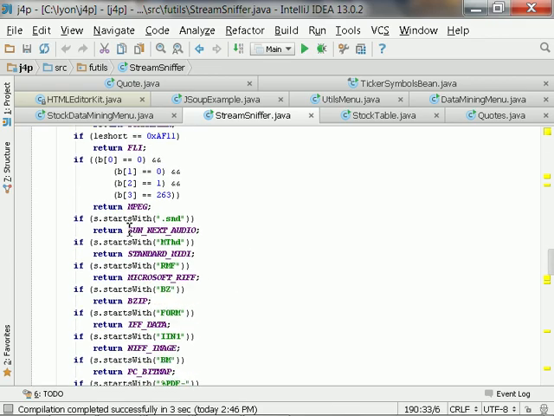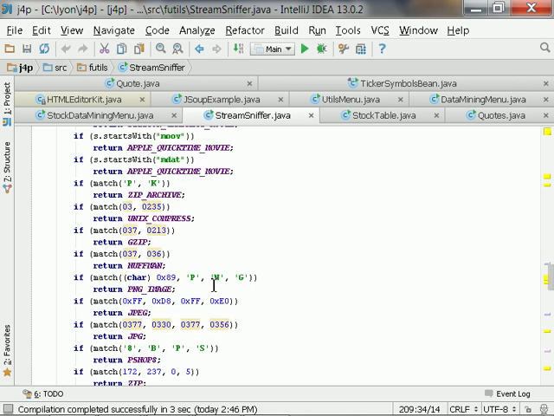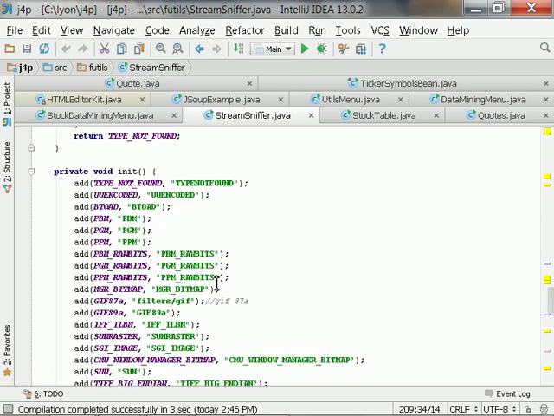There are things like if you find it starts with an SND, it must be an audio file. If it starts with RMF, it must be a Microsoft RIFF file, which is another audio file. So I can detect a whole pile of different file formats, and